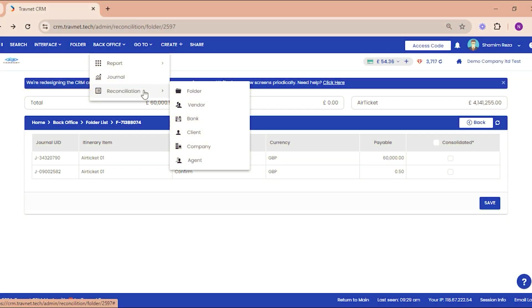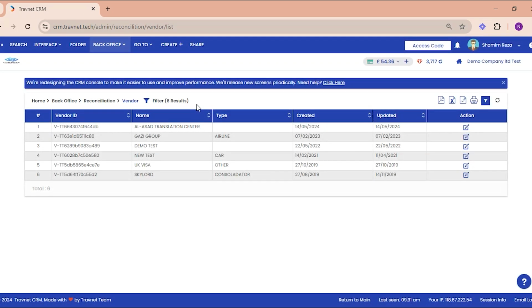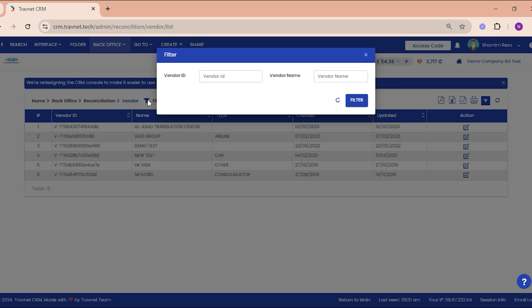The second one is Vendor. Here you will have access to reconciliation statement related to vendors registered under your company. Right over the list, you will see the filter, which you can use to find the vendor reconciliation record that